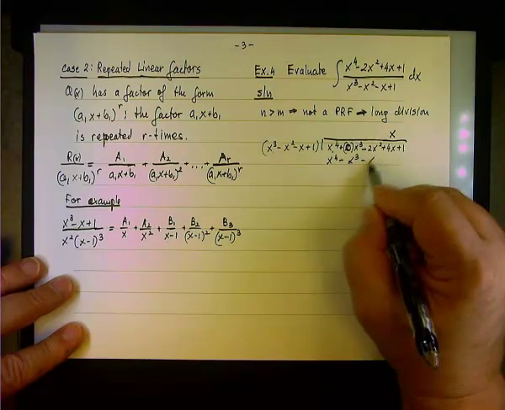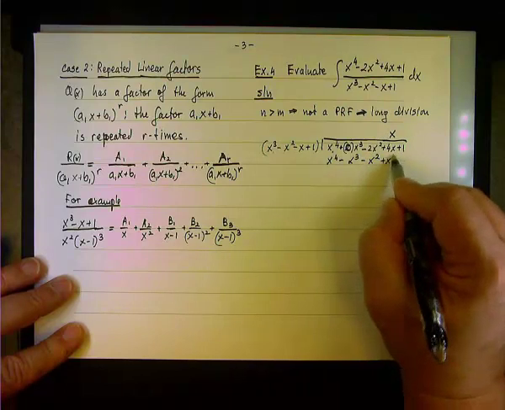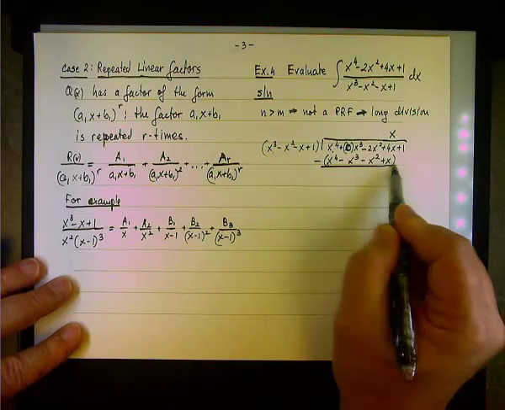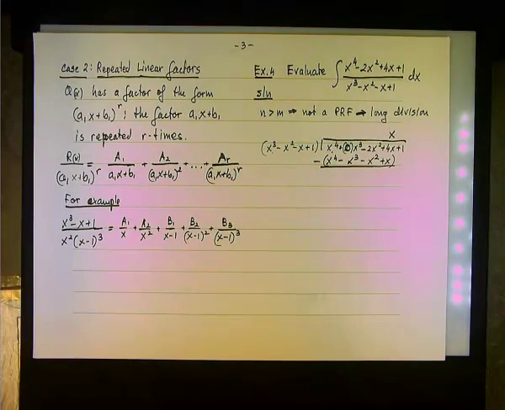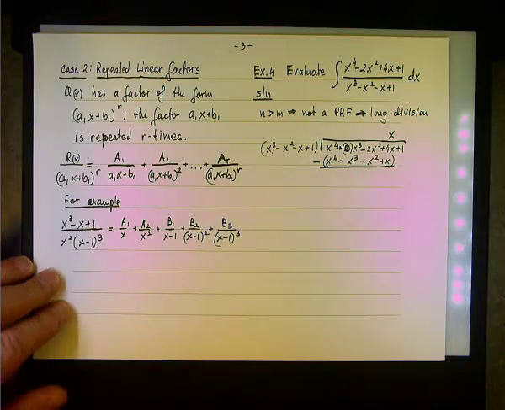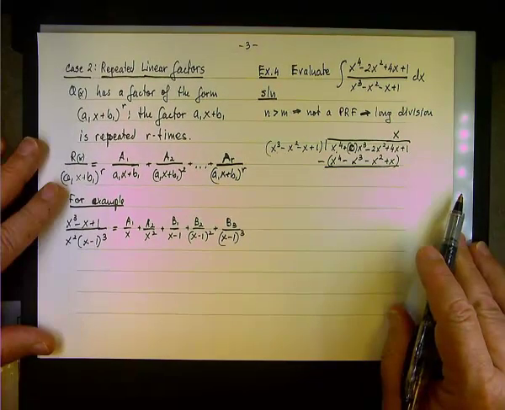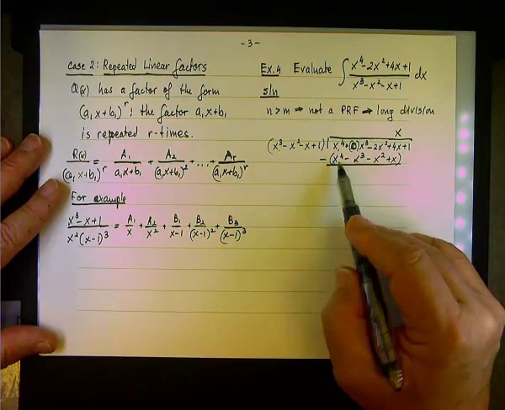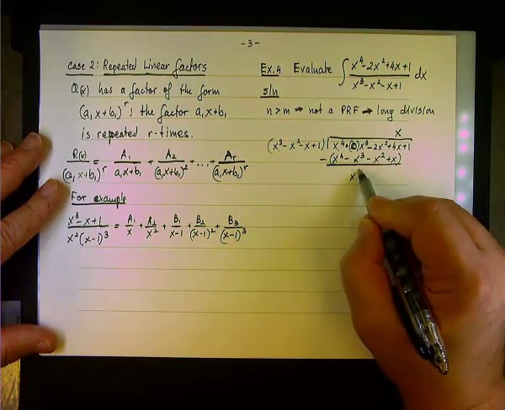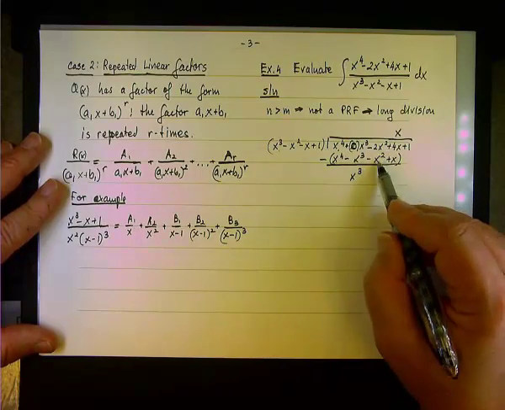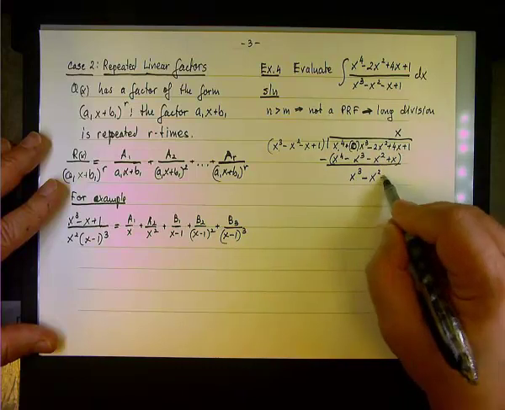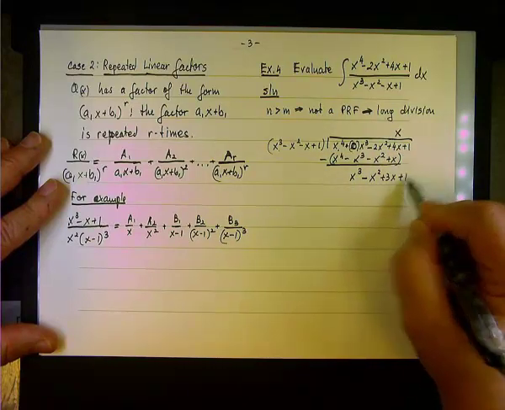X times negative x will be negative x squared, and x times 1 is x. And now we subtract. Again, this is another advantage of using the place value: you subtract like terms. Otherwise, this will have x squared above the x cubed, and this is conducive to making mistakes. So x to the fourth minus x to the fourth is 0. We have positive x cubed, 0 plus x cubed, and then we have negative 2x squared plus x squared. That will give us negative x squared, and 4x minus x is 3x, and now we drop the 1, and